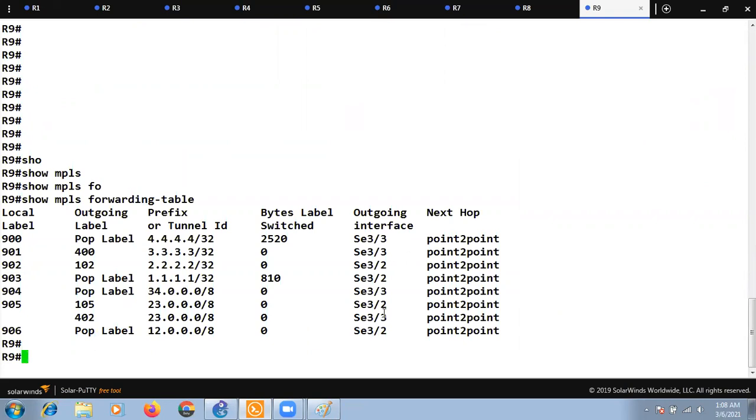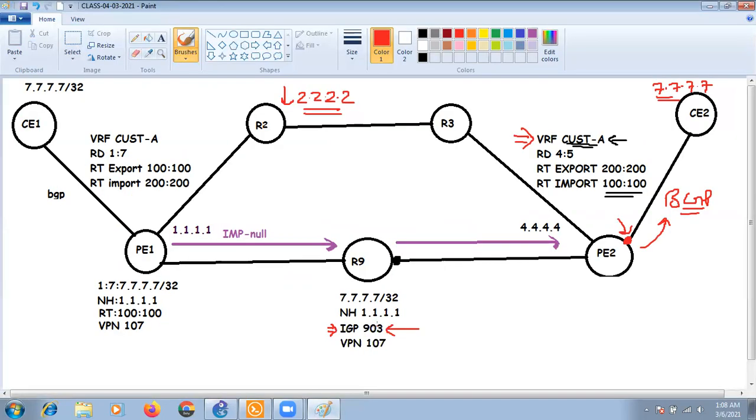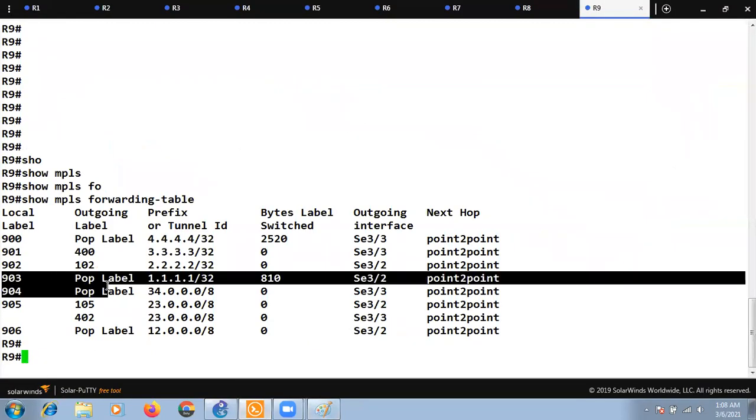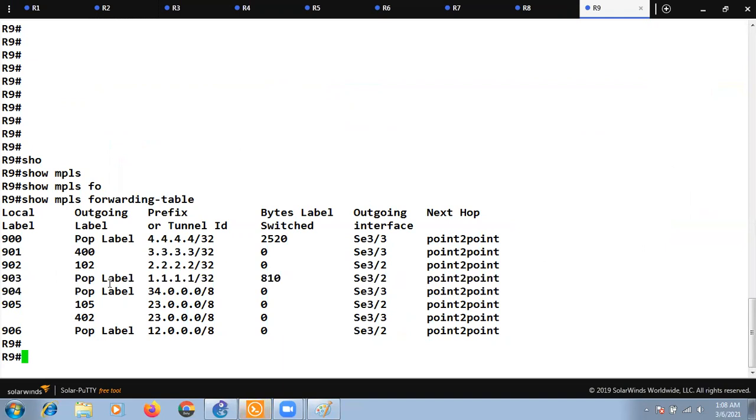So for the label number 903, you can see here the operation that it needs to do is the POP label. It means that it needs to remove this particular label.